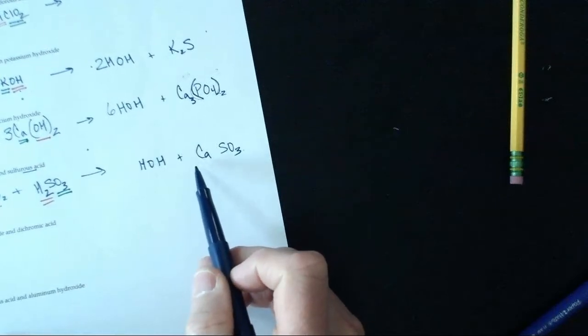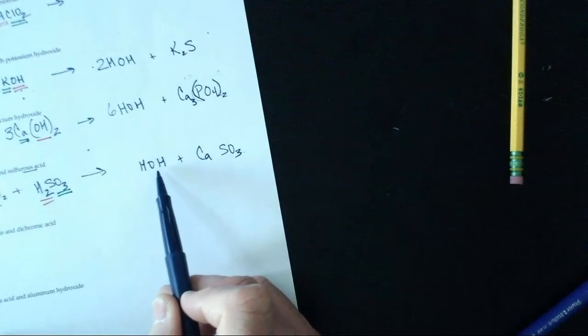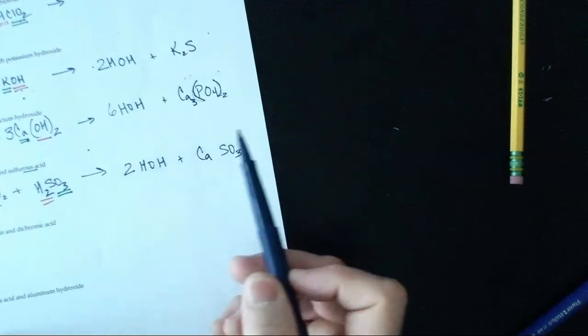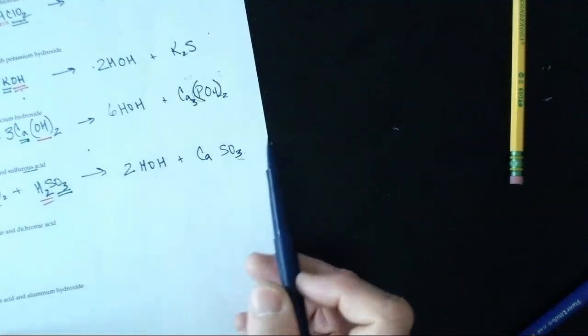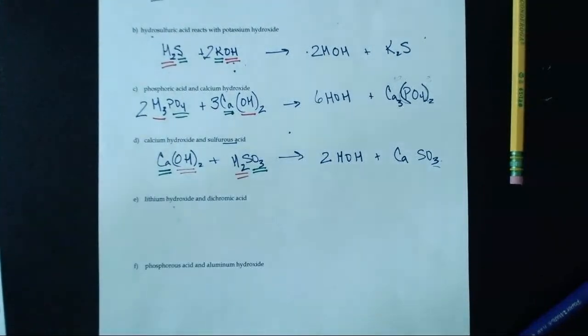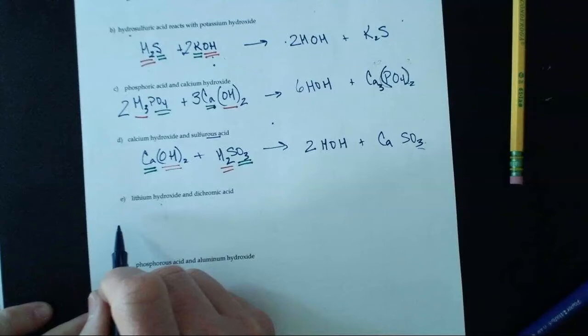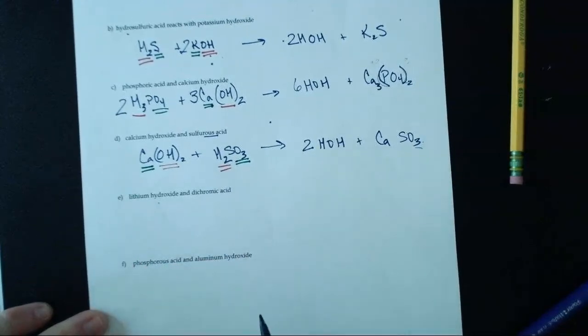If I look, I've got 1 calcium and 1 calcium, so that's good. 2 hydroxides, 1 hydroxide, so let's put a 2 here. So now I've got 2 hydroxides, 2 hydrogens, 1 sulfite, 1 sulfite. So I'm all good. Next one,